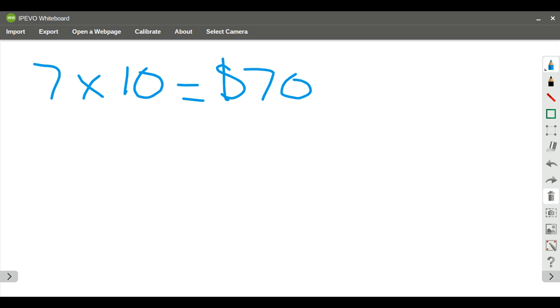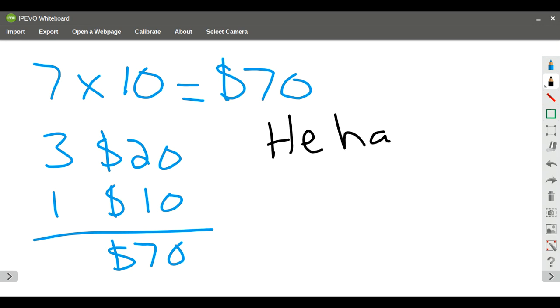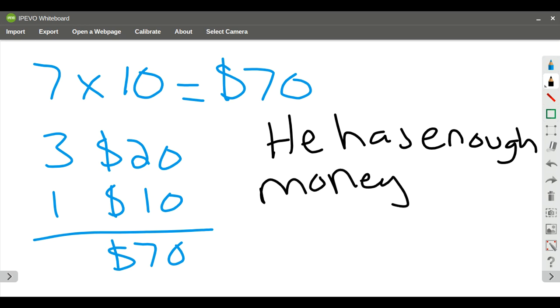He had 3 $20 bills and 1 $10 bill. And what I want to know is if he is going to have enough money. And so this amount right here is going to be $70. So if my estimate is $70 and he has $70, he will have enough money. And I know that he has enough money because we did an overestimate, because $70